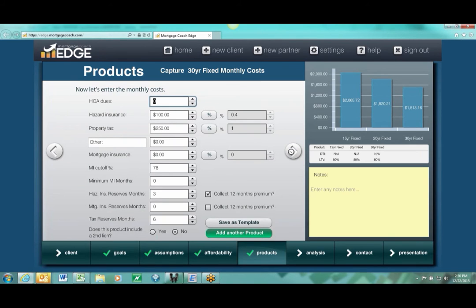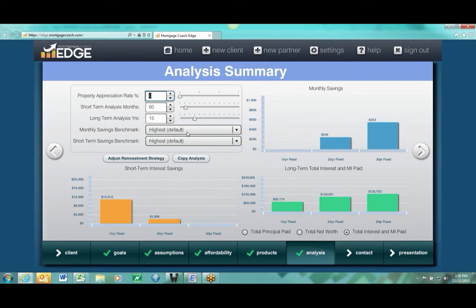And you're done. You can modify. I like to make this 30 years so you can look over the 30 years, how long out and what the benefit is on your long term. I like to go with the highest default. I normally put 3% appreciation right there. And then we go forward